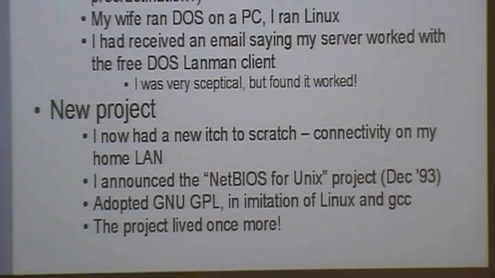So I needed to scratch the itch again, right? The itch came back. So I had a new itch to scratch in connectivity on my home LAN. I announced this grandiose project, the NetBIOS for Unix project. So if you search with Google for NetBIOS for Unix project and my name, you'll find the announcement in December